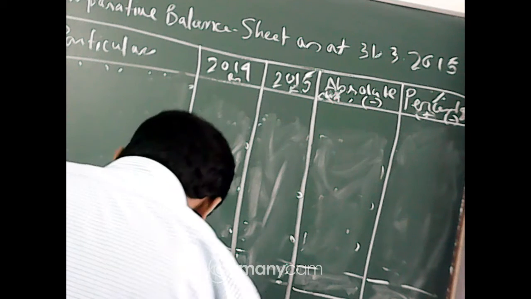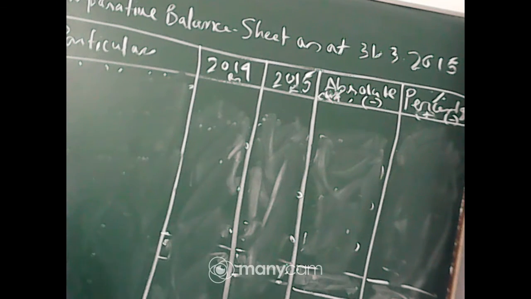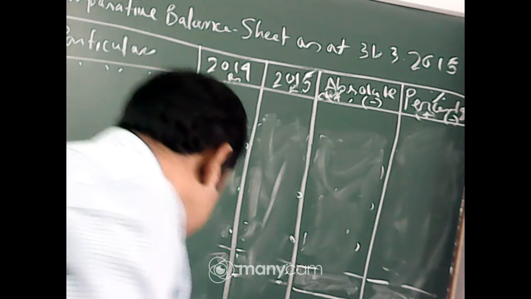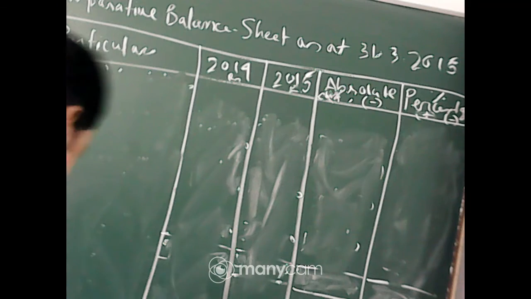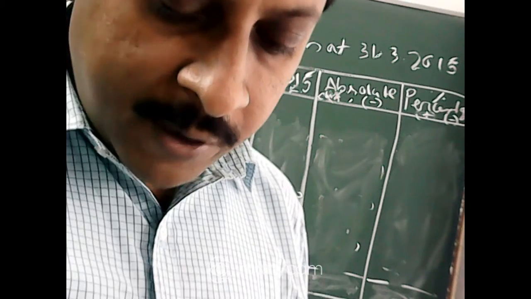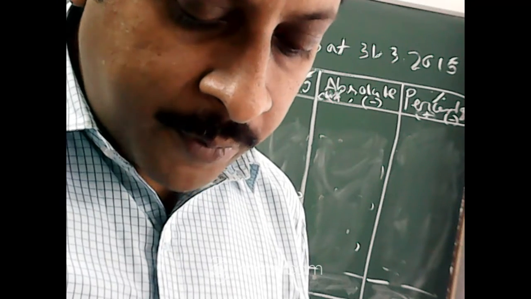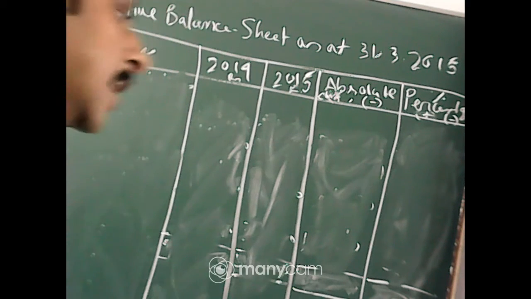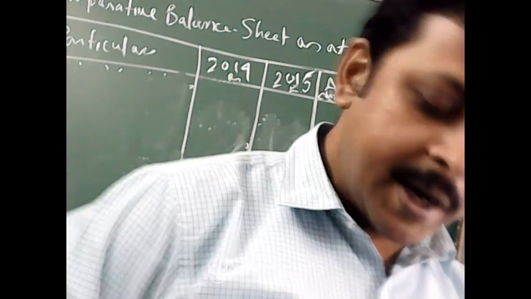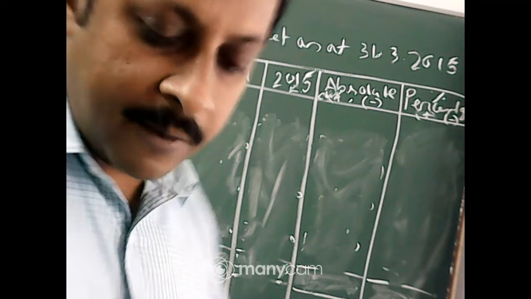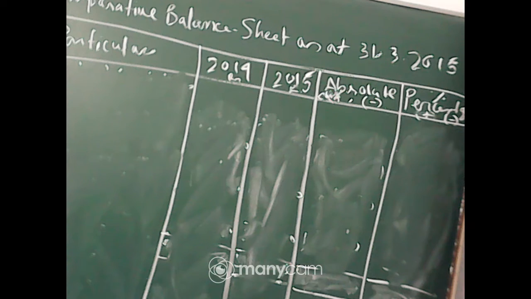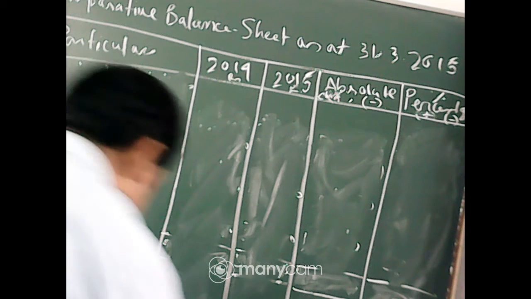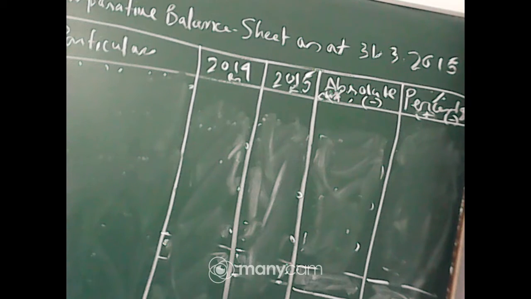Now, go to page number 182 of your NCERT book. Convert the following statement of profit and loss into the comparative statement of profit and loss of BCR Company Limited. The profit and loss statement is given in your book, page number 182, illustration 1. There they have given revenue from operations, other income, expenses, income tax. Four figures are given there. Now how can we do the comparative statement of profit and loss?